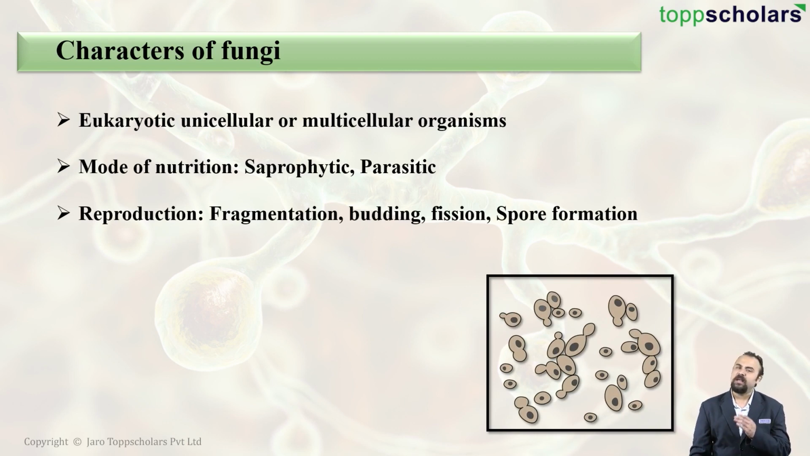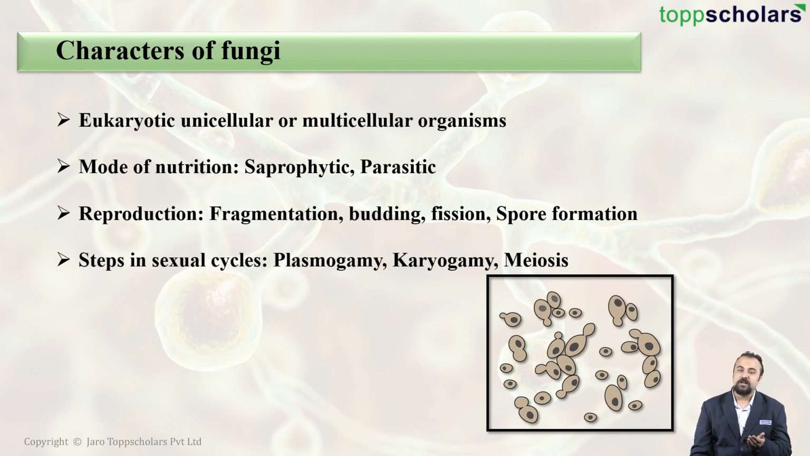Next students, reproduction is by various methods like fragmentation, budding, fission, spore formation, etc. There are some fungi which reproduce sexually, and in this case the steps include plasmogamy, which is the fusion of the cytoplasm, followed by karyogamy, which is the fusion of the nuclei, and finally followed by the division of cell